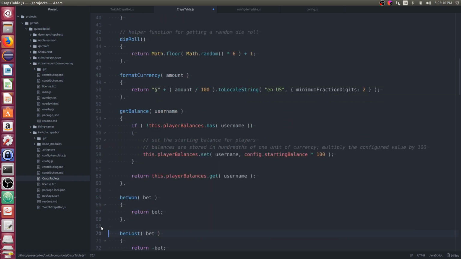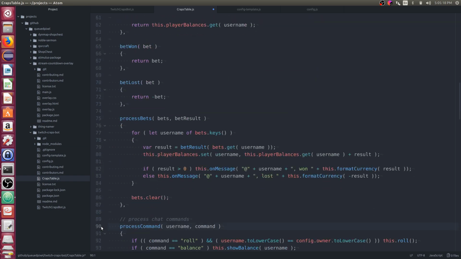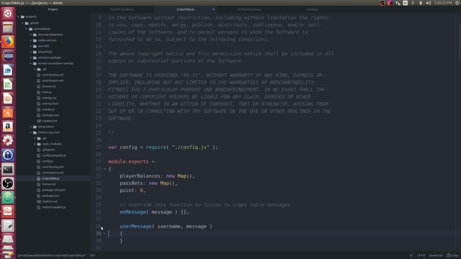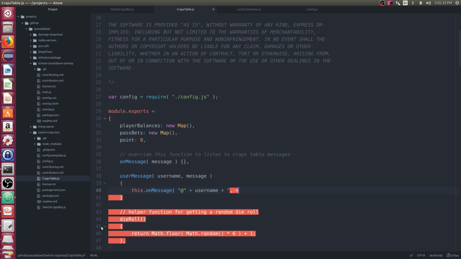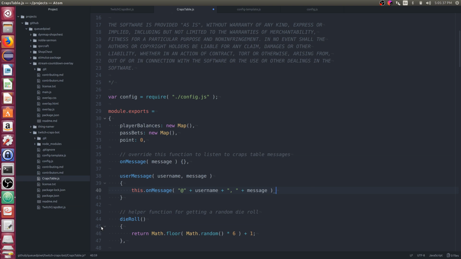Let's just grab one of these here. So this on message at username, comma, plus message. So that'll kind of combine all that together there.